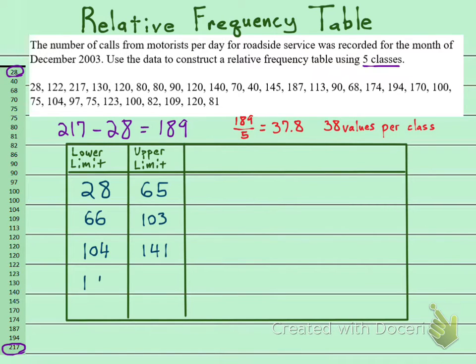Next value is 142. I need to include 38 values here, so including this one, 37 more, it's going to be 179. Anything above 179 would start with 180. And then I need to make 38 here. 180 is 1, 37 more is 217. I just happened to get lucky here that 217 is the largest number. That might not happen. This number will have to be bigger than 217 in a lot of cases, and you still just record it here even if you don't go all the way up to this number.